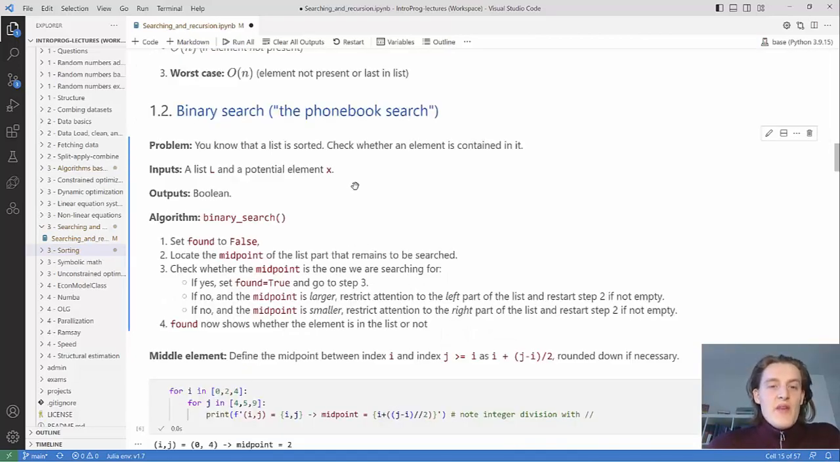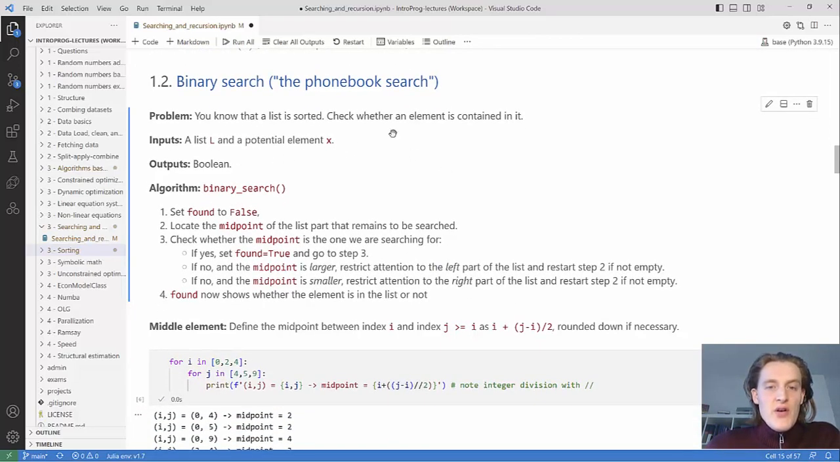Another search algorithm is binary search. The problem is the same. Mainly you want to find whether an element is in a list, but now you know the list is sorted, which helps you a lot, so you can create a faster algorithm basically. So the input is the same, a list L and a potential element x. The Boolean output is whether or not the element is in the list, and the algorithm is called binary search